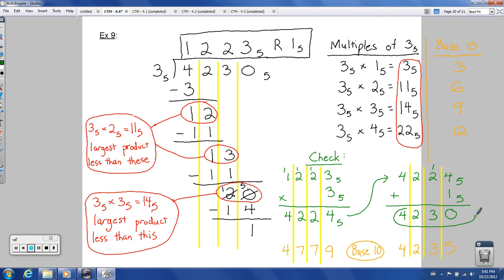4230 in base 5. Does that work? Does that check out? Is that what we started with here? It sure is. So let's put a couple extra things in here just so you remember, you know where these